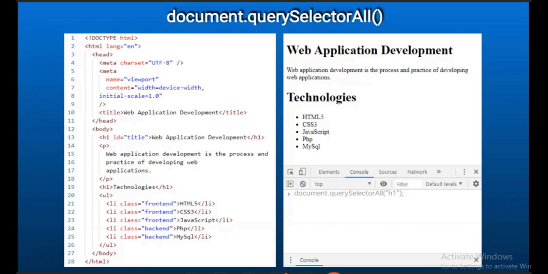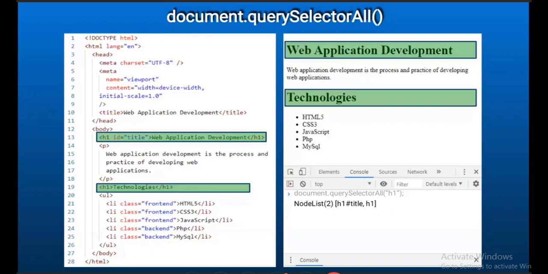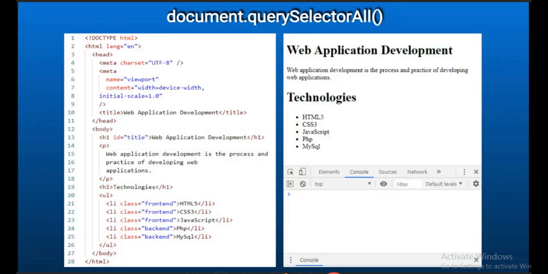Okay, so let's get into the summary of DOM navigation. The purpose of DOM navigation is that we can use the DOM structure to navigate each and every element. We can access DOM elements through JavaScript. We studied how to access an element by ID: document.getElementById.